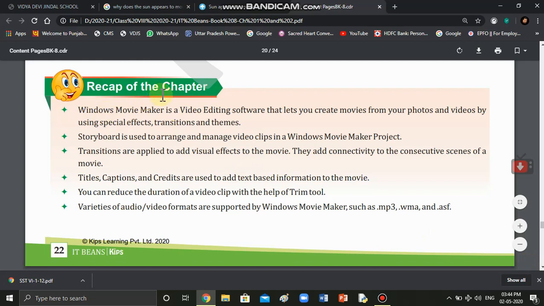Okay, let us recap some points. Windows Movie Maker is a video editing software that lets you create movies from your photos and videos by using special effects, transitions, and themes. Storyboard is used to arrange and manage video clips in a Windows Movie Maker project. Transitions are applied to add visual effects to the movie.